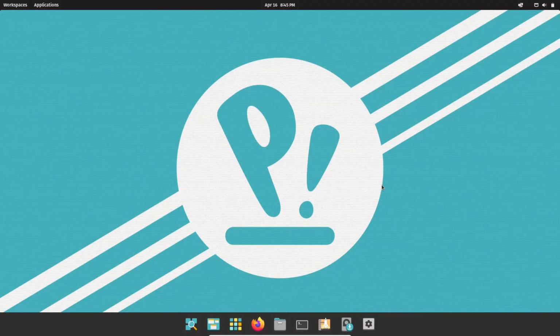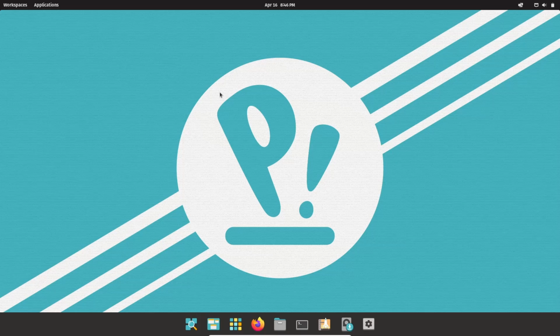Now the next one we're taking a look at is Pop!_OS. This has the Cosmic Desktop, which has a GNOME base, and it is based on Ubuntu. Now there's a lot of talk in the community because Pop!_OS has come out and stated that they're going to be creating their own desktop environment written in Rust. So there's a lot of excitement and a lot of people that can't wait to see that, including me. When you download this and open it up in a virtual machine or put it on a USB, this is the screen you're met with.